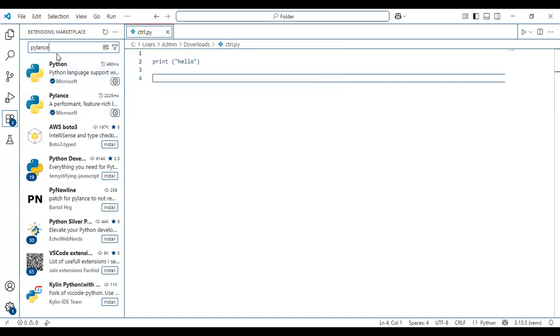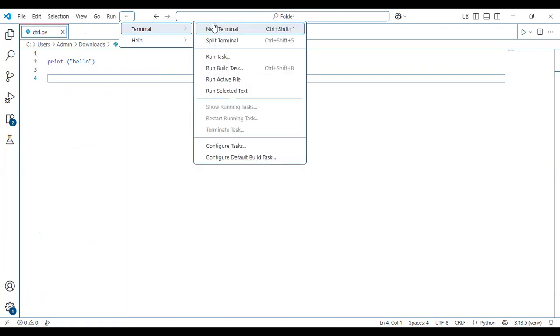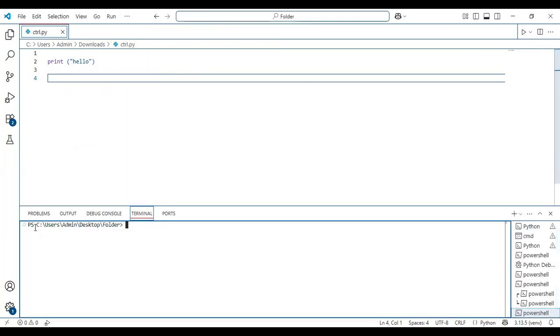After adding the extensions, the next step, step 4, is to set up the virtual environment. Why do we create a virtual environment? Because if you want to create a clean project and you don't want to get involved with version conflicts, then it is better to create a virtual environment for your projects. So just open the terminal from here and write pip install